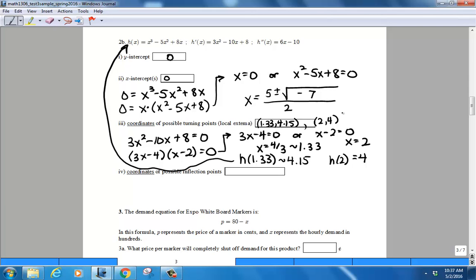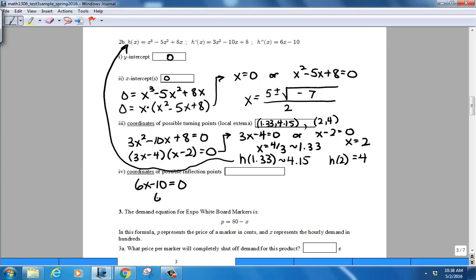Over and over and over again in math, you have this same problem present itself. You find the x-intercepts by setting the formula to 0. You find the turning points by finding the first derivative and setting it to 0. You find the inflection points by finding the second derivative and setting the second derivative to 0. There's a nice clear pattern there that makes it easy to remember how to find intercepts, turning points, and inflection points. So you take the second derivative, which we were already given there,